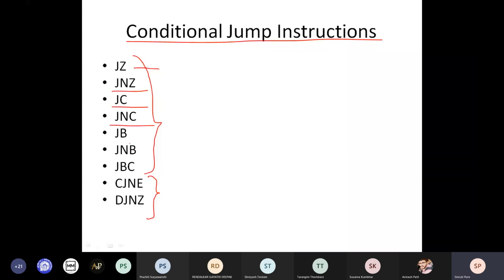JNC, jump if no carry. JB, jump if bit is set. JNB, jump if bit is not set. JBC, jump if bit is set and clear the bit. CJNE, compare and jump if not equal. DJNZ, decrement and jump if not 0.